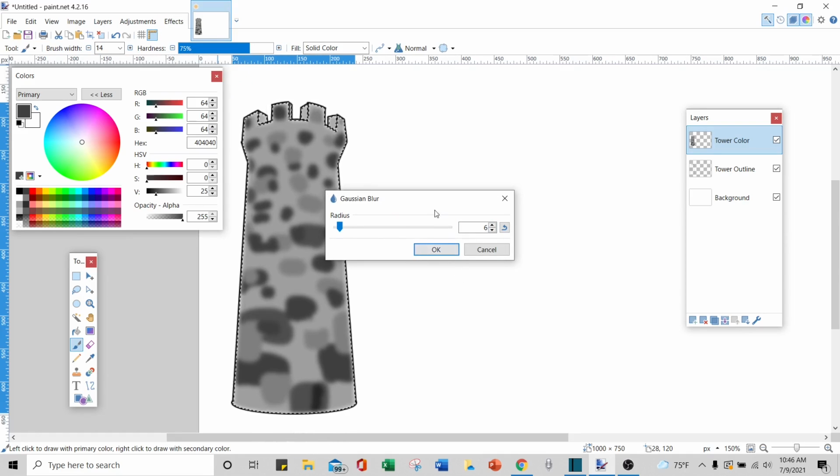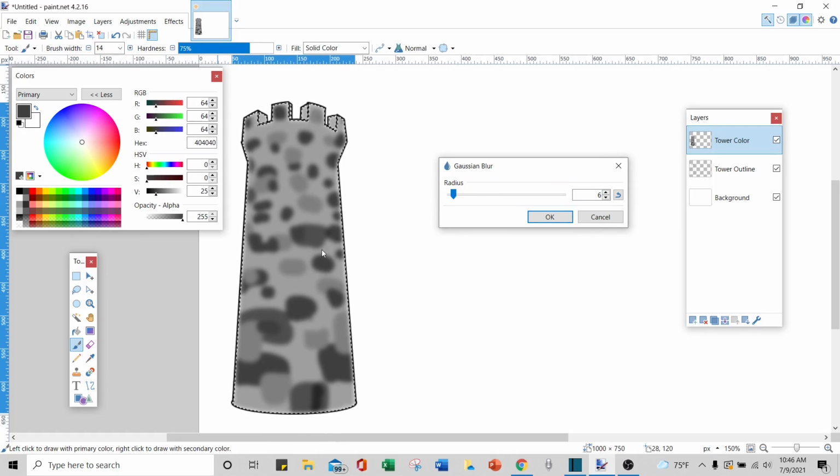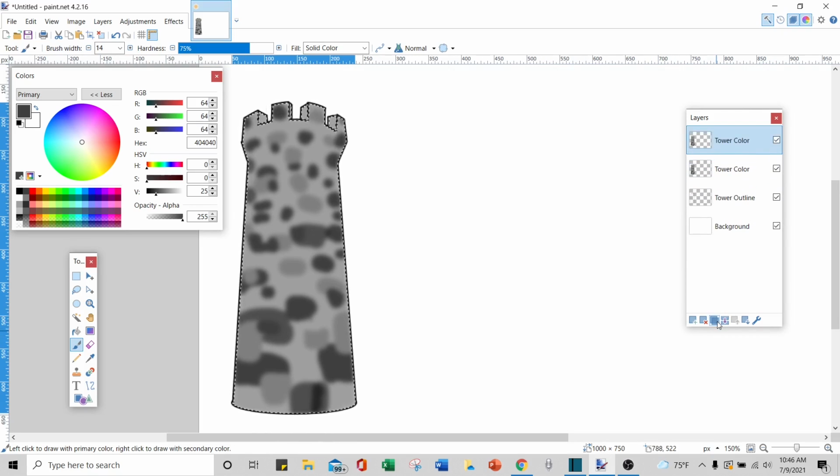There. Just a tiny little bit so it kind of covers up some of those strokes. There you go. Now I'm going to duplicate this color layer and duplicate it again. So duplicate it twice and then I'm going to merge it down twice. So now tower color is completed. The last thing I'm going to do is add a new layer